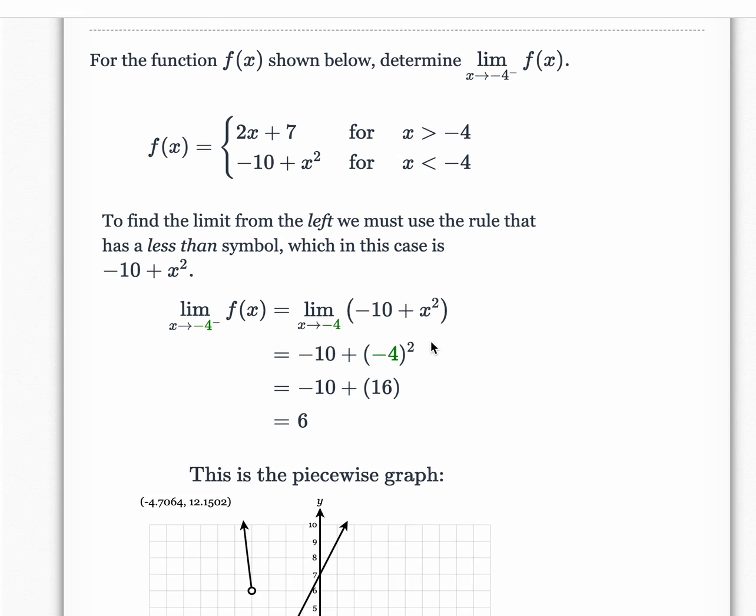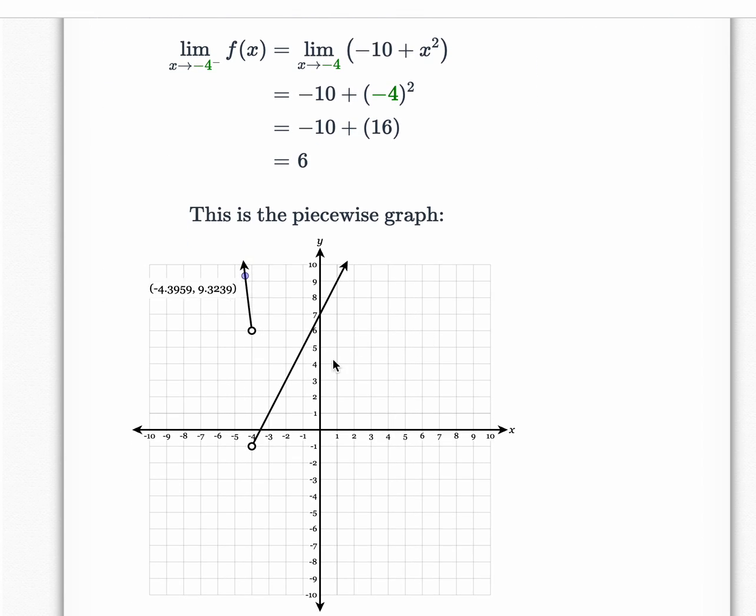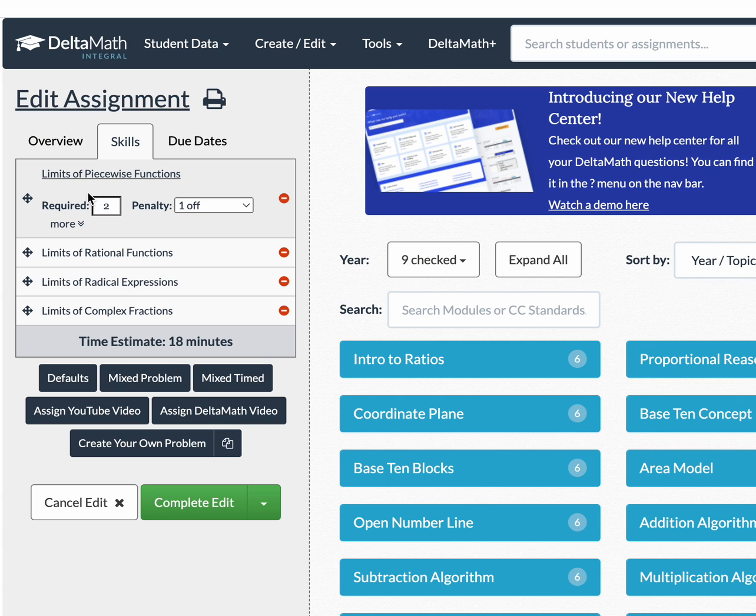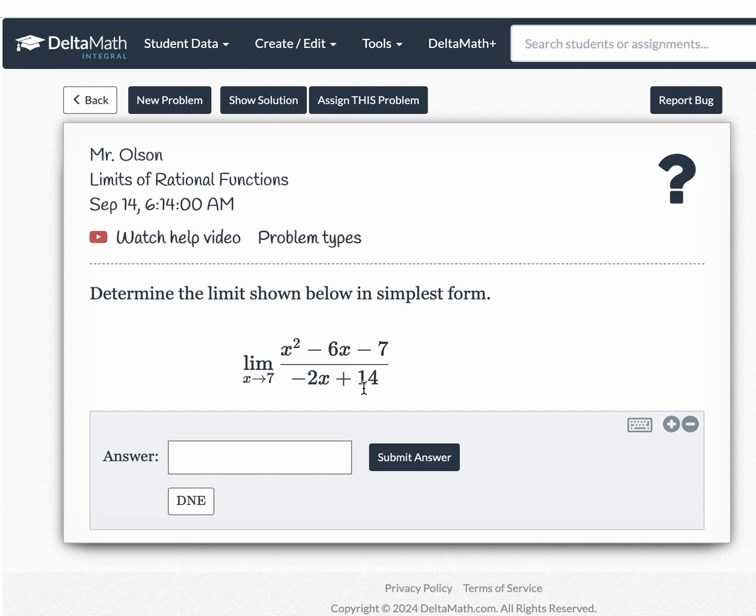I like the way they show the solution, and then they animate the piecewise function as it approaches from the left. All right, so moving along, I've got one on rational functions. So these, you just need to factor carefully. There is no way for me to write on this, so I'm going to just try to talk my way through it. It's a little bit hard without being able to write and cancel and things like that,